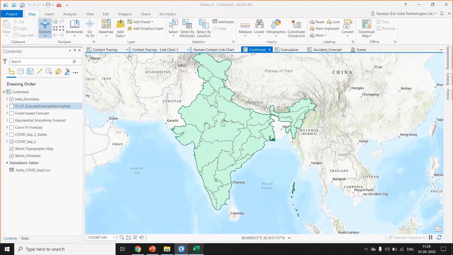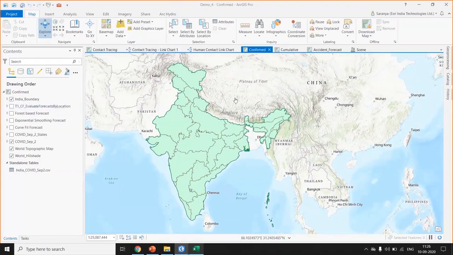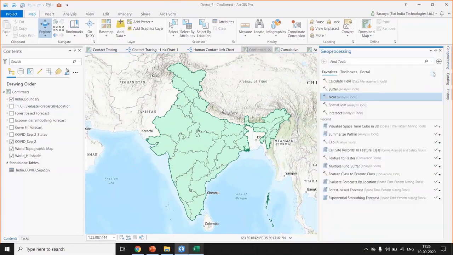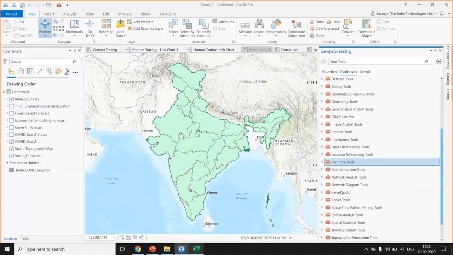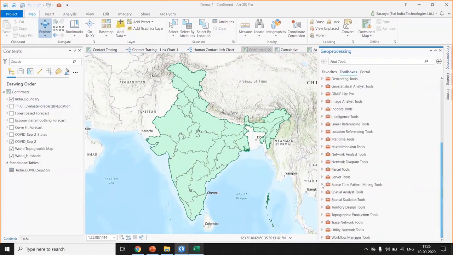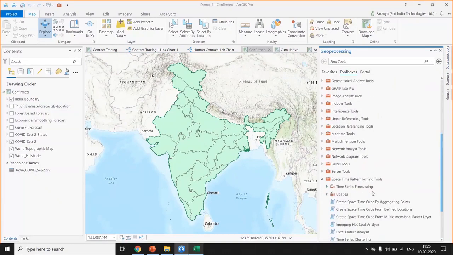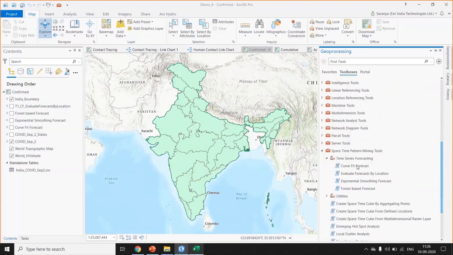In addition to contact tracing, SG has also been very interested in forecasting the COVID cases. As I mentioned earlier, we have space-time pattern mining toolboxes. Here we have come up with a new forecasting tool where, if you have your time series data in a space-time cube format, you can create forecasts with any of these 3 methods.